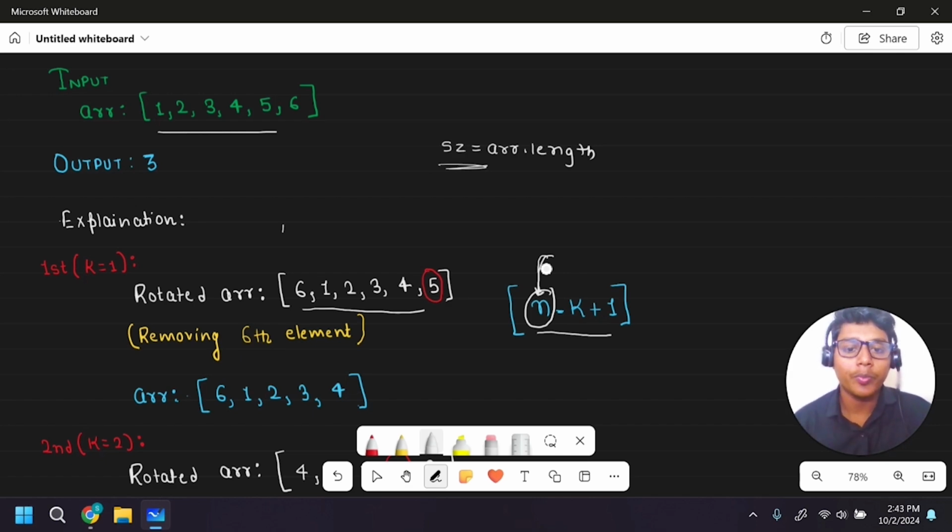So what exactly do we need to do? n minus k plus 1. What is n here? In our array, n is the length of the array, 6, right? So 6 minus, what is the value of k? We are doing this operation for k equal to 1. So 6 minus 1 plus 1 means our value is 6. It means we need to remove the 6th element of the array. If you see 1, 2, 3, 4, 5, 6, the element which will be removed is 6, but